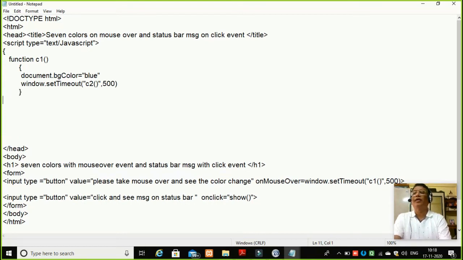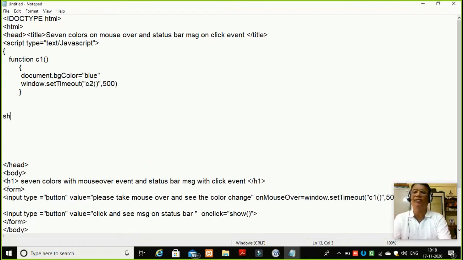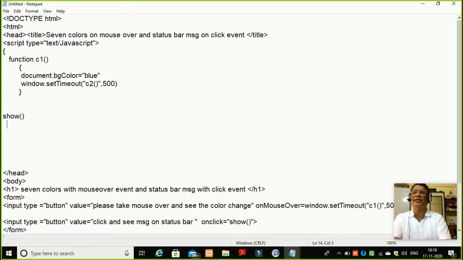Okay, and I need another function which I have to write here, known as my show function. So I'll write here the show function.